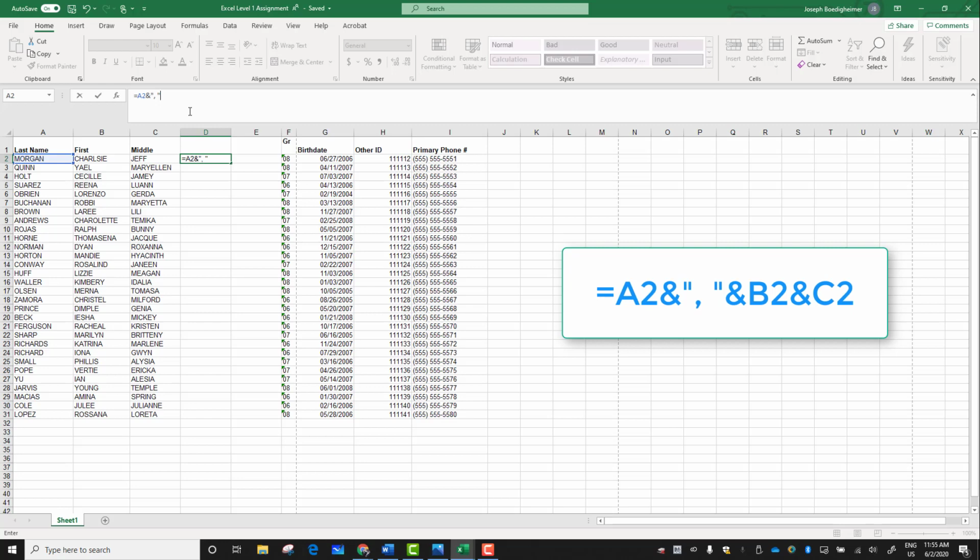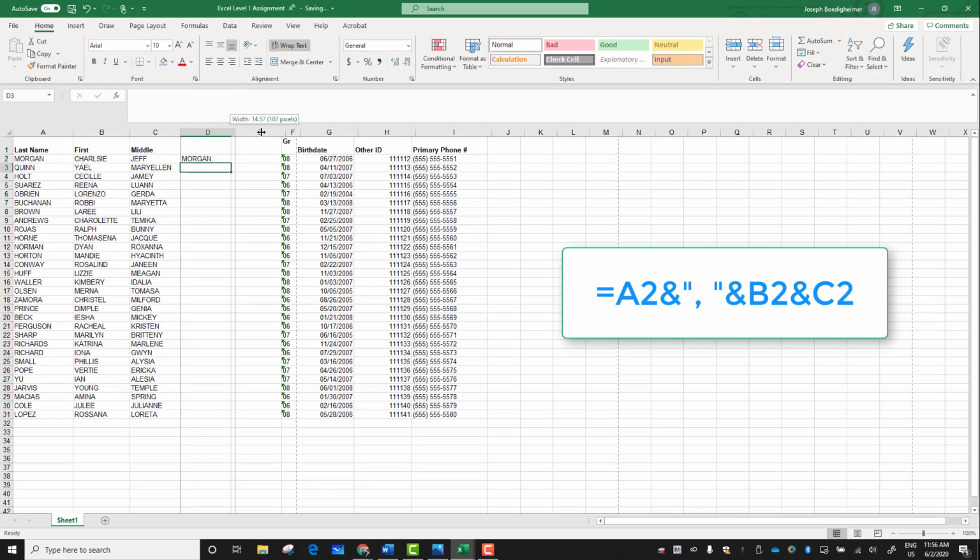Then we're going to do and B2, and then and C2. So this is our formula. We look at cell D2, which should equal A2 and a comma and a space, and B2 and C2. So now all I gotta do is click enter,